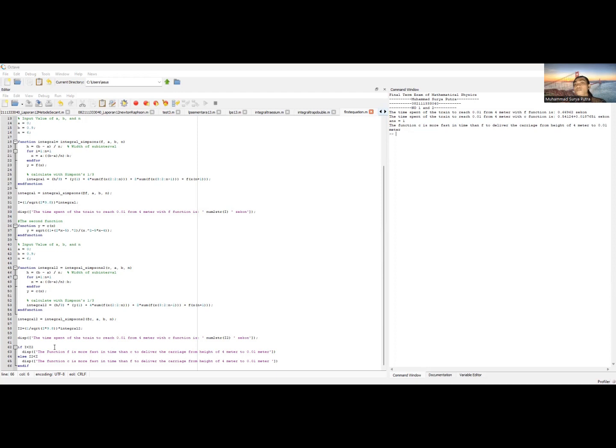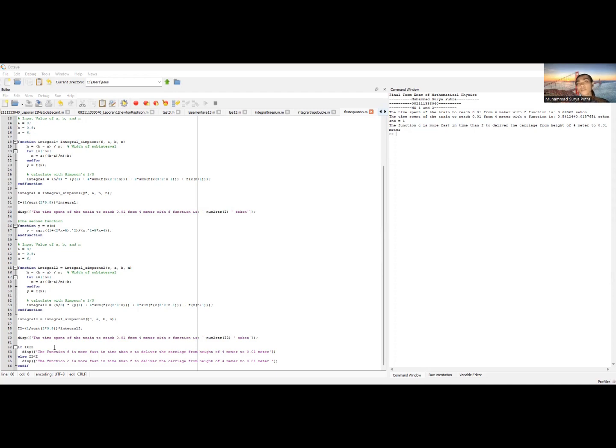What function serves the fastest arrival of the roller coaster from the 4 meter to 0.01 meter in time. So in this case, the fastest function is the C function, which is x squared minus 5x plus 4. And then